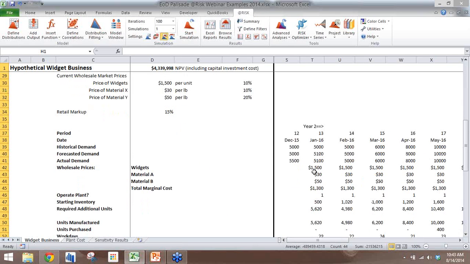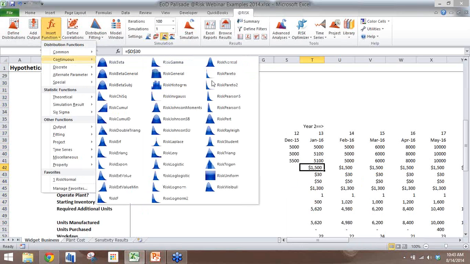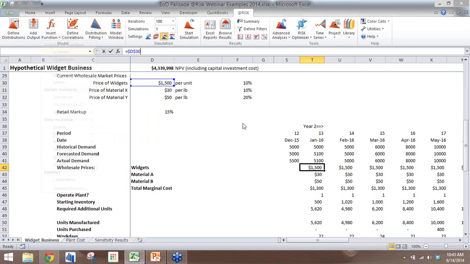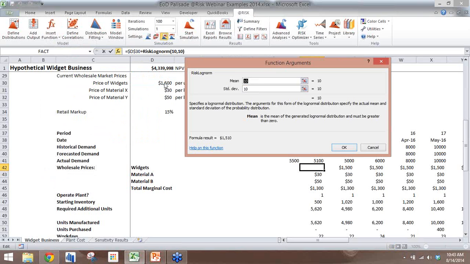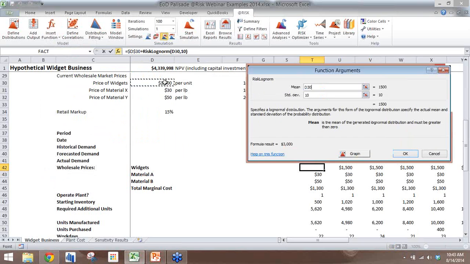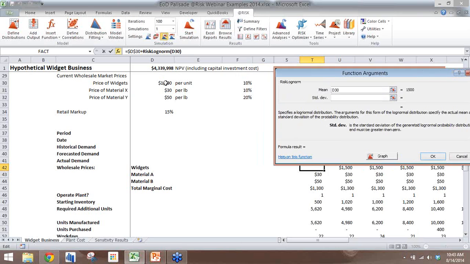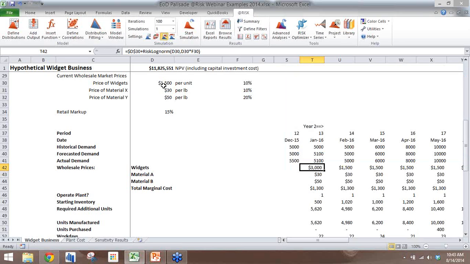We'll go back to our input prices here. I want to input my risk log normal function here. My mean is going to point to that cell. My standard deviation is going to be that times that. Yeah, we definitely have a performance issue here with my computer. So if I go back here,